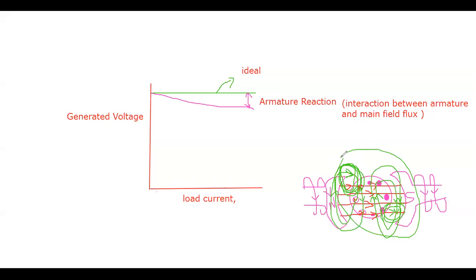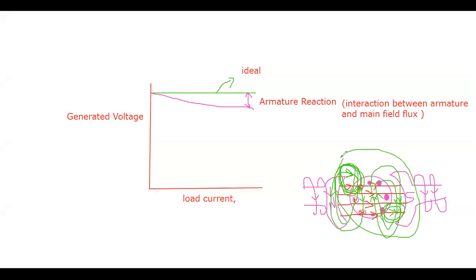Due to the reduction in the magnitude of flux, we get an internal voltage lesser than the ideal condition, right? So this is the basics of armature reaction. Just remember, armature reaction is nothing but the interaction between the armature flux and the main field flux in the air gap. So now, if I want to plot a graph for the external characteristics,